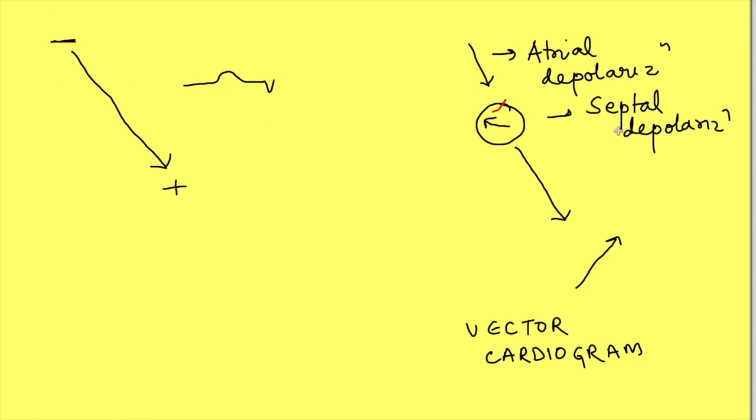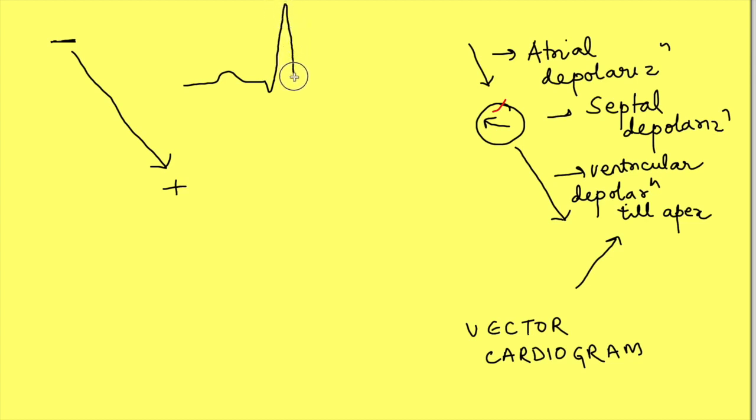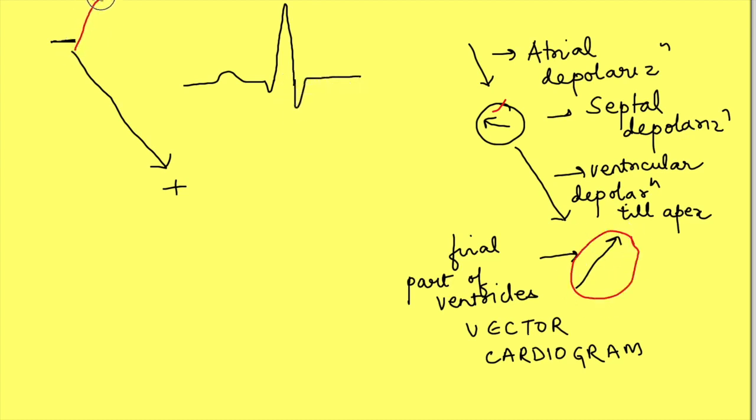Then again, ventricular depolarization is in the direction of the lead. So it will be recorded as a positive wave, but with larger magnitude, because more ventricular depolarization has occurred and ventricular tissue is larger than atrial tissue, causing more potential difference. Then finally, the posterolateral part of ventricular depolarization is recorded as a negative wave, because its direction with respect to the lead is obtuse. Had it been 90 degrees, no voltage would be recorded. But a small obtuse angle means a small voltage will be recorded, but on the negative side.